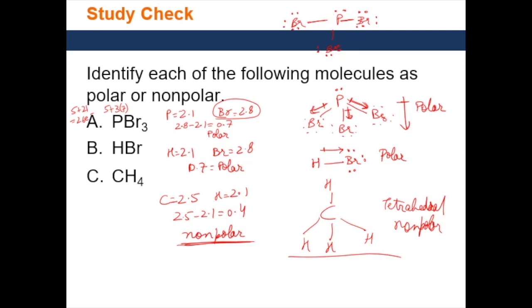So that is how you can predict the polarity of a molecule, right? And I think that would be the